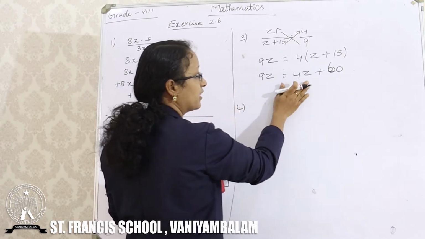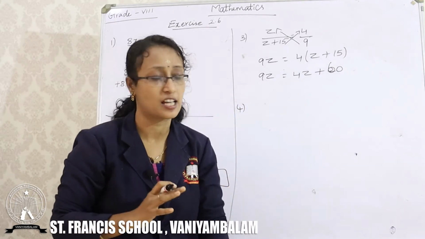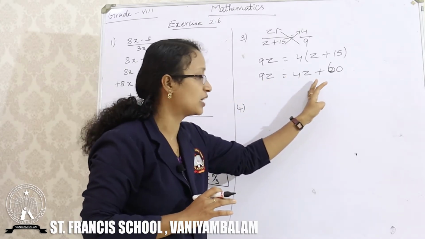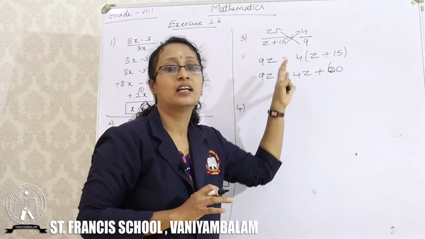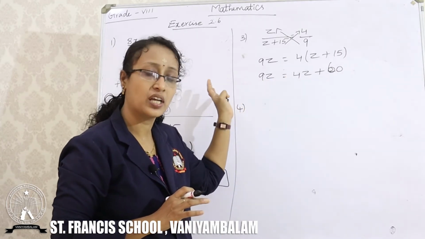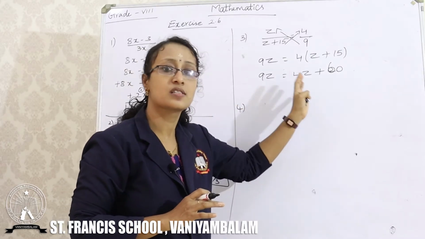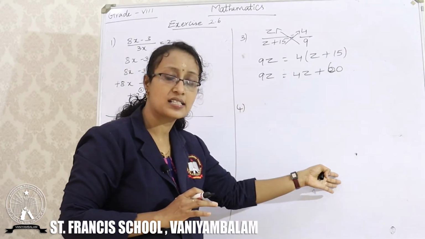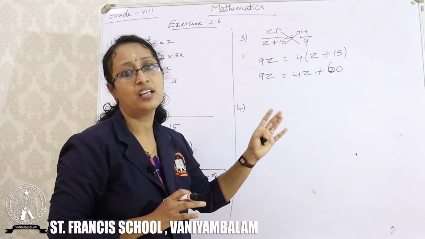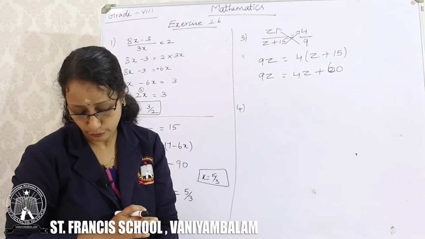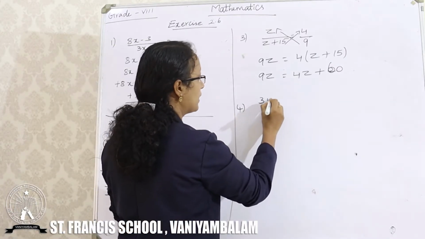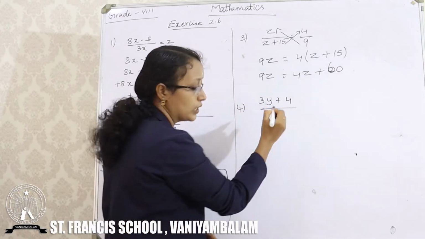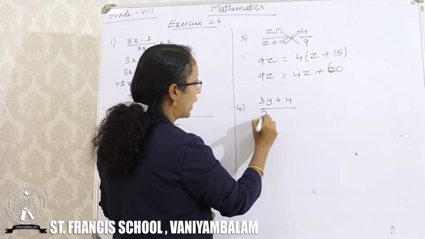Children, you have to complete this third problem by yourself. That is 9z is equal to 4z plus 60. Take the variable terms to the left hand side and keep the constant on the right hand side and solve it. Find the z value. Next, fourth problem. 3y plus 4 is equal to 2 minus